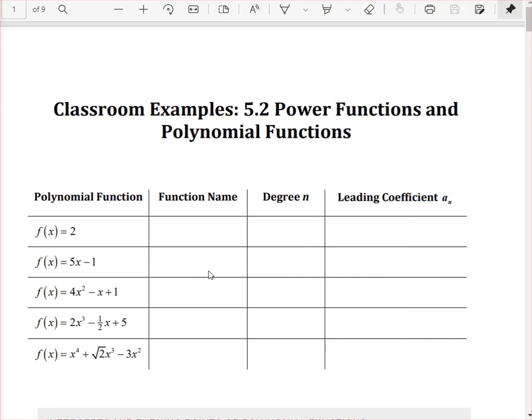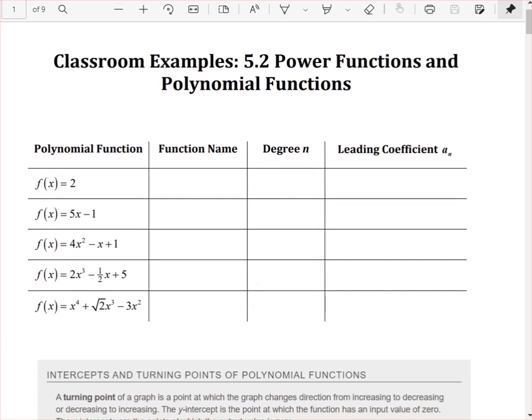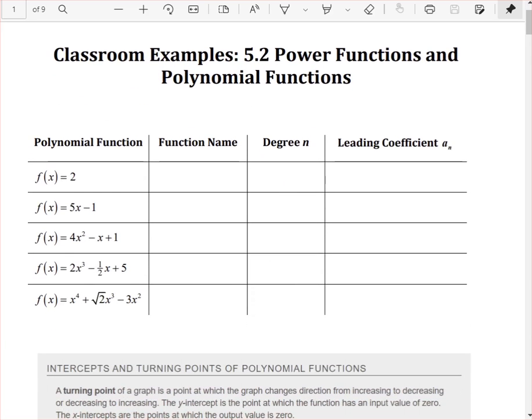Okay, so let's talk about 5.2, some extra power polynomial functions. So we talked about quadratics. Quadratic functions are considered polynomial functions, and so are the linear equations. This one talks about all the other powers. So first, let's talk about